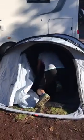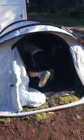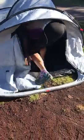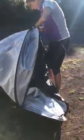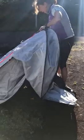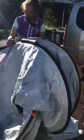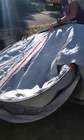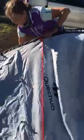Walk in. Okay, this is Michelle trying to dismantle her tent now. Oh, wow, I'm impressed so far. Oh, wow. Very good. I'm not sure. No, that does look like it's resembling a circle. Voila. And then,